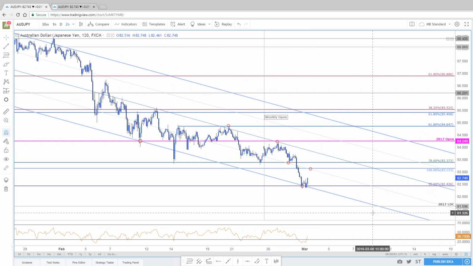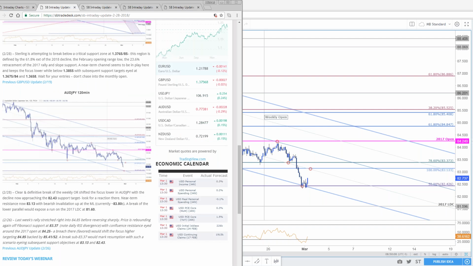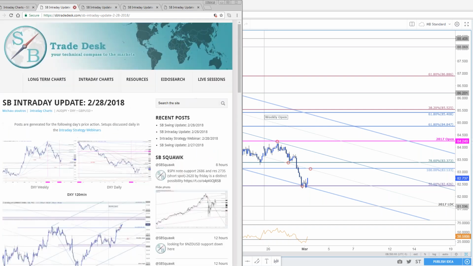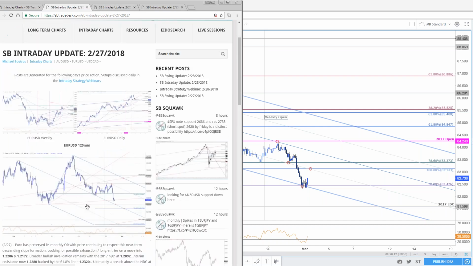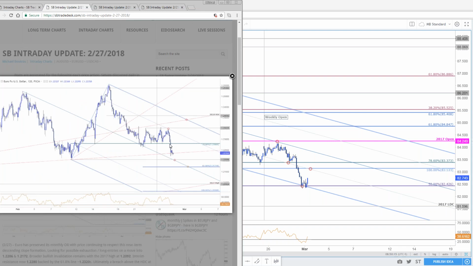Euro, CAD, Aussie, and yen in that order. Here's what euro dollar looks like. So we wrote about this a few days back. I even put out a piece on Daily FX as well. Euro looks like it made a clear, clean, objective break of the weekly opening range. Here's your weekly open. You set a high, you test the low, you fail at the high, break of the weekly opening range, has us looking for a Thursday, Friday low.